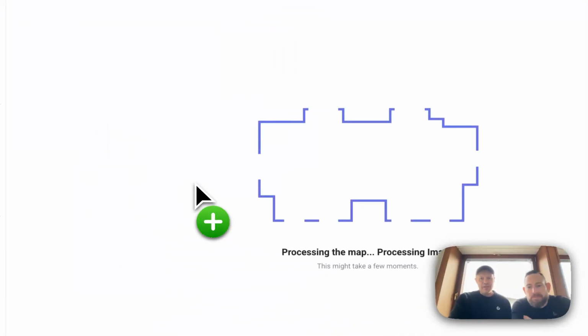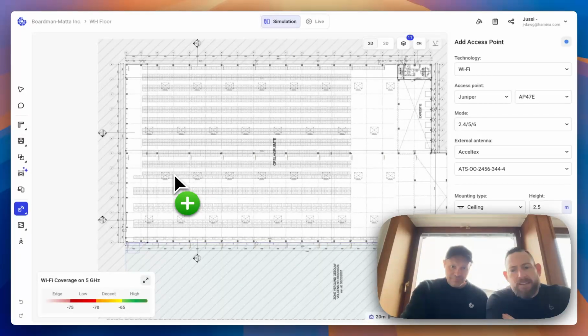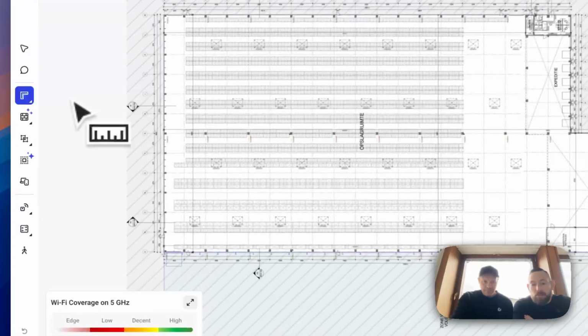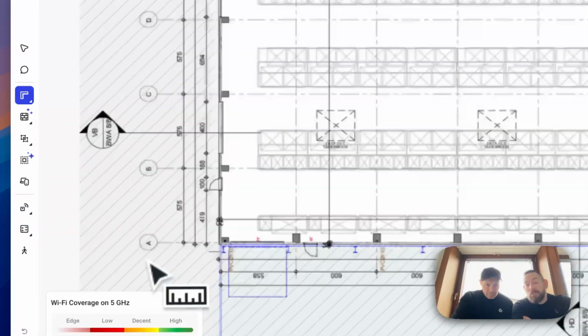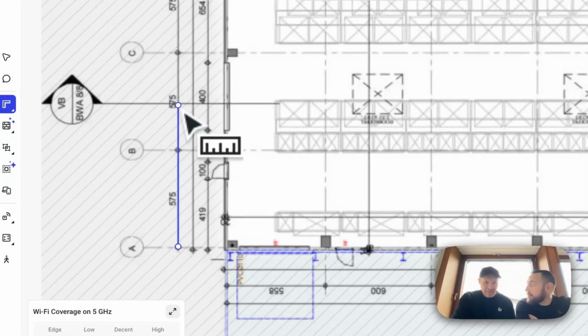Okay. And what would be next? Kind of scaling the floor. Yeah, I mean, we're going to need a scale. Scale will help. We also probably need some walls. Yeah. We probably need to start defining the space before we start trying to put APs. Yep. And look, there is measurements,